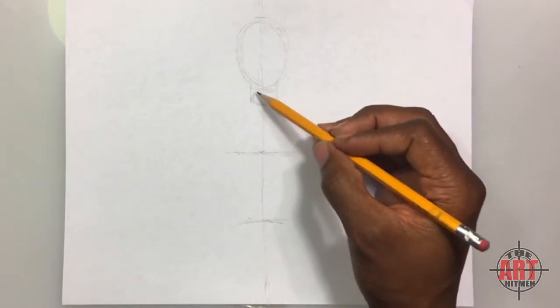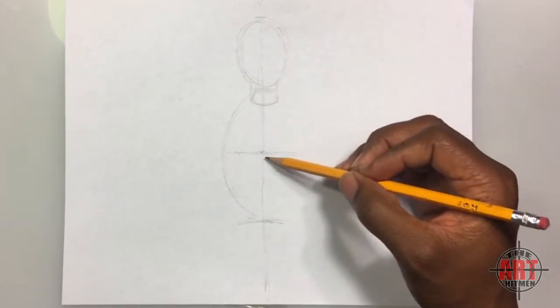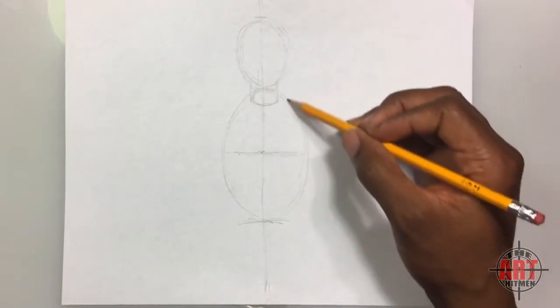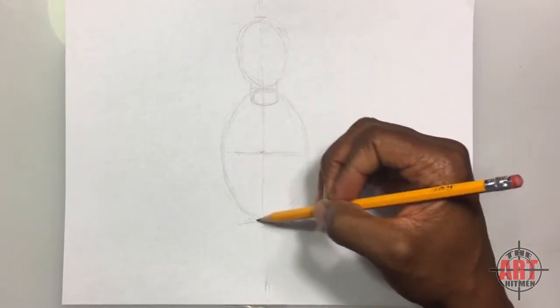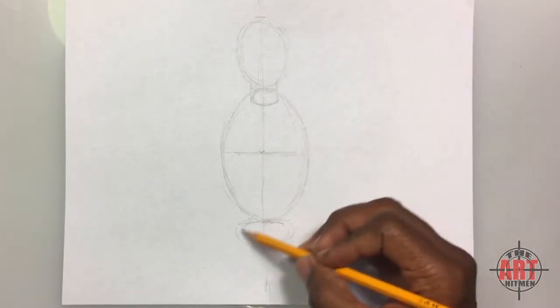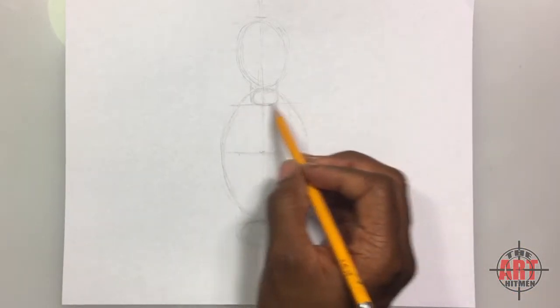Now, immediately after that, we can go ahead and put an oval shape in, a large one that is, for these two heads here. And go ahead and put this oval shape for the torso in. That way it completes the whole top of the body, or top portion of the body. Then down here where this line is drawn for the waist, we can just put an oval shape here for the waist for now. Now let's go ahead and back up, and we can put a line in for the